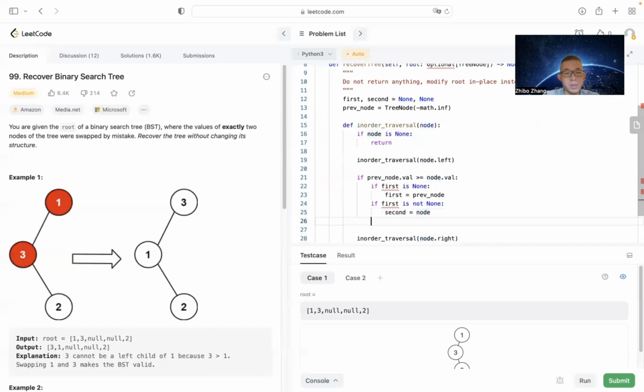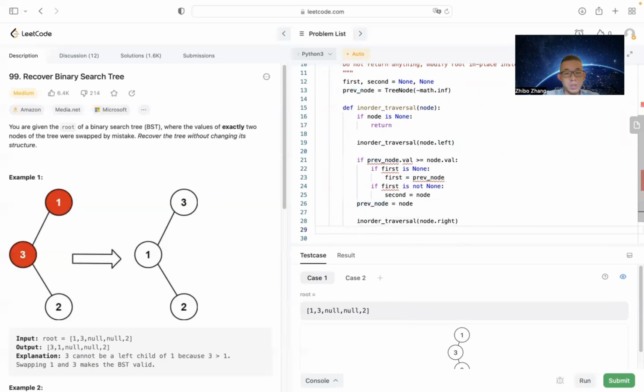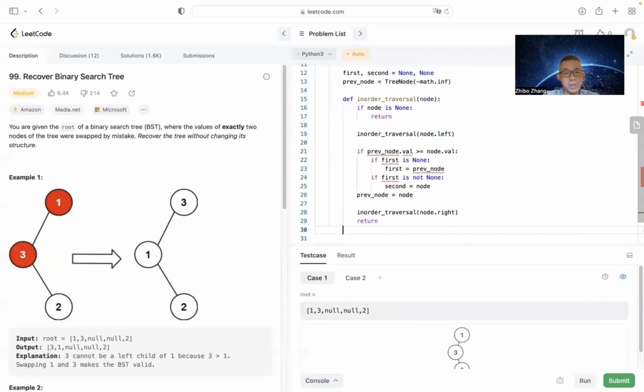Okay, the next thing we need to do, so the previous node has finished its task, then we can just update its value right now. So remember, this is an in-order traversal. So we do all of the things here between visiting the left branch and visiting the right branch. Okay. So let's go to the node. Okay, so that's pretty much it. Return. Don't actually need anything in the return value. So